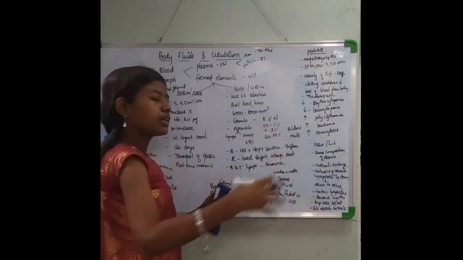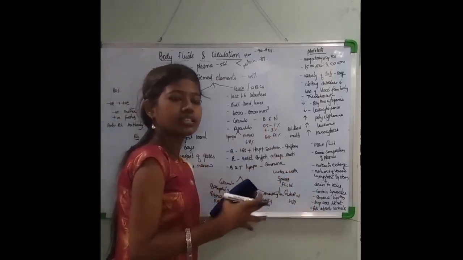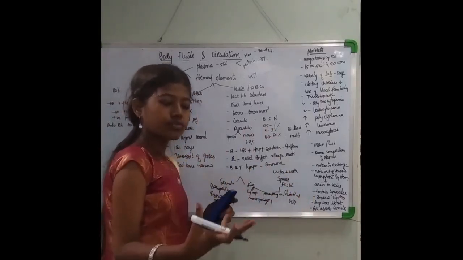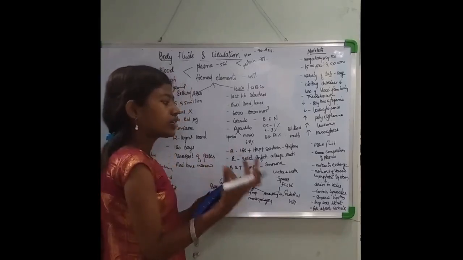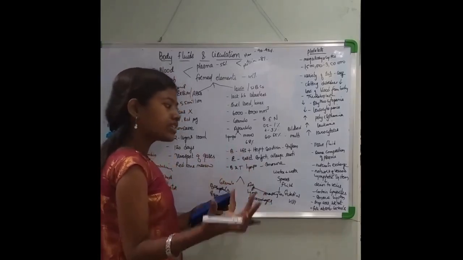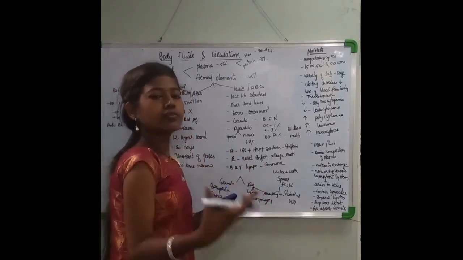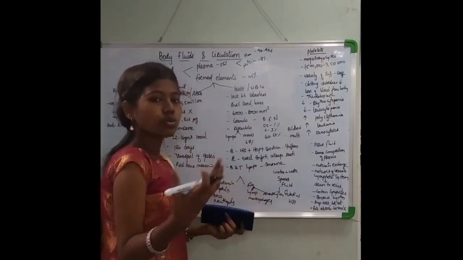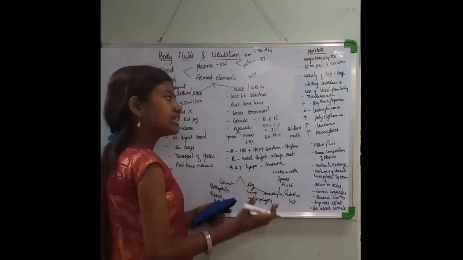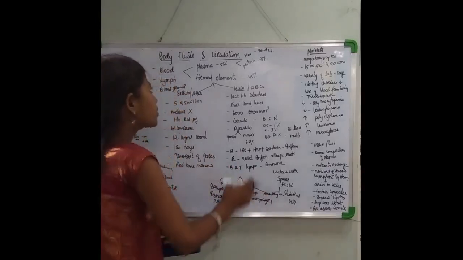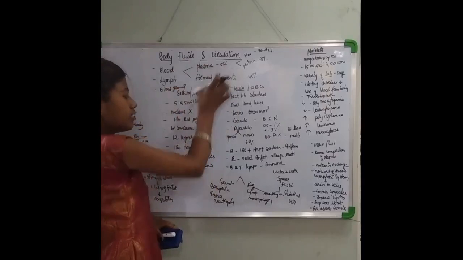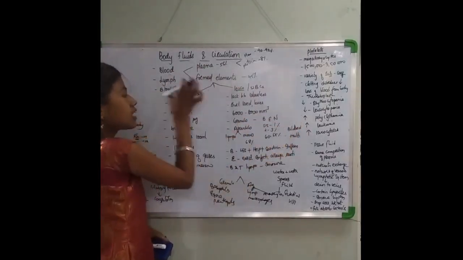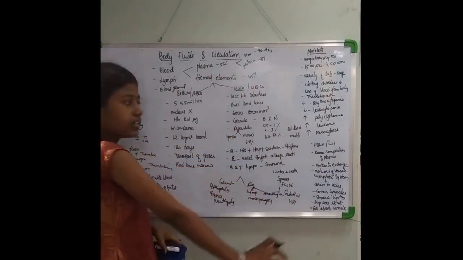Tissue fluid, then a network of vessels, forms the lymphatic system. The lymphatic system consists of a specialized fluid called lymphatic fluid, and it has lymphocytes, which are the lymph cells. This is an important carrier of proteins, nutrients and hormones. Fats are released into this through lacteals, which are present in the intestinal villi. So here we have completed the blood. Formed elements are RBC, WBC, platelets. Then we have discussed the lymph, that is the tissue fluid.